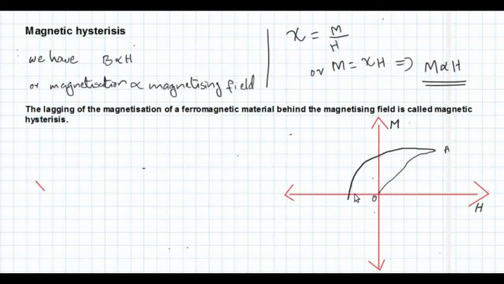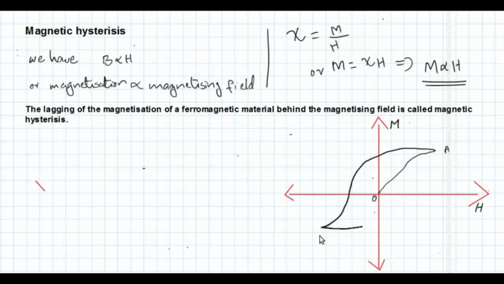So we want this much reverse magnetic field to make the magnetization 0. This way we can increase the magnetizing field to its maximum. This is the maximum value of the reverse magnetic field we have applied, and by this time you can see that, as shown in the beginning, the magnetization of the ferromagnetic material reaches a maximum value, and there is not much improvement in the reverse direction.